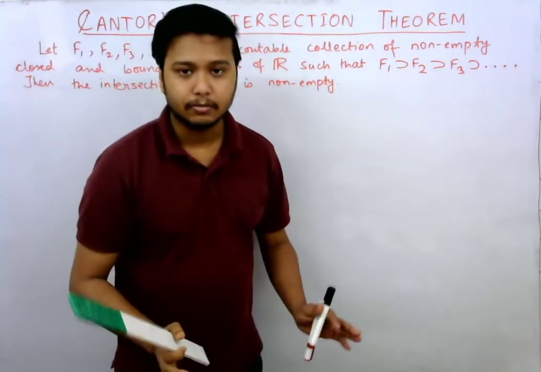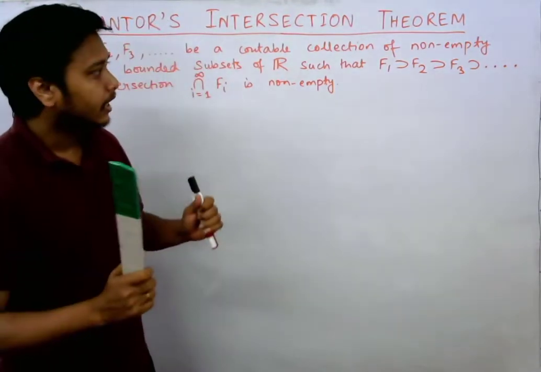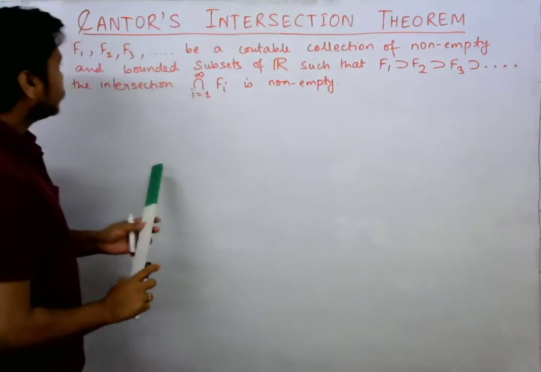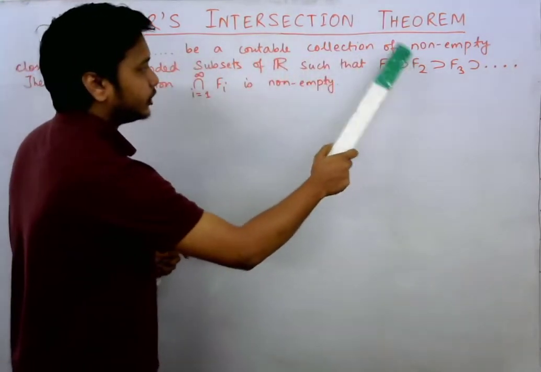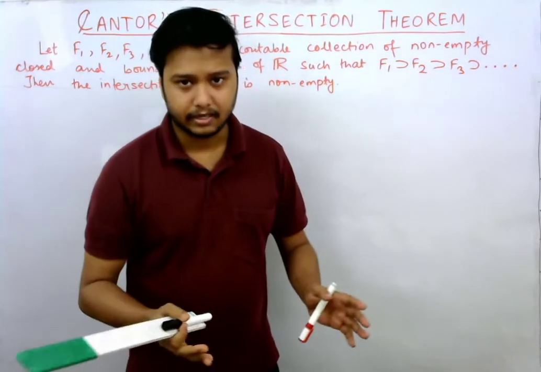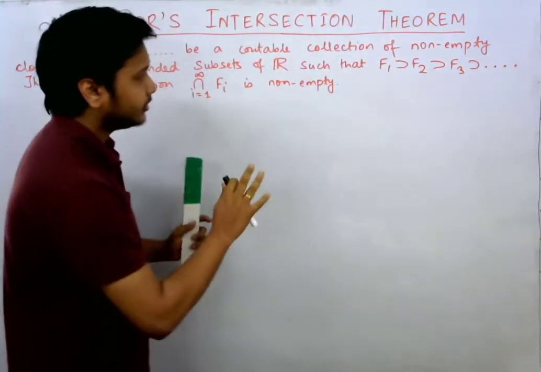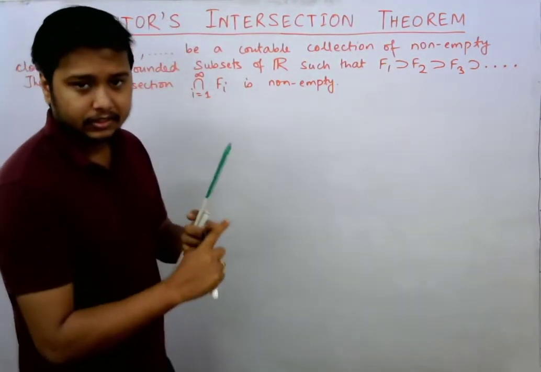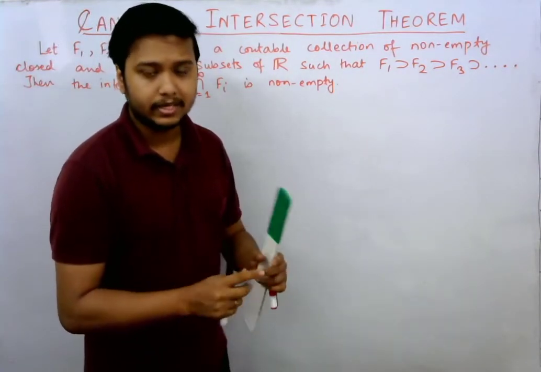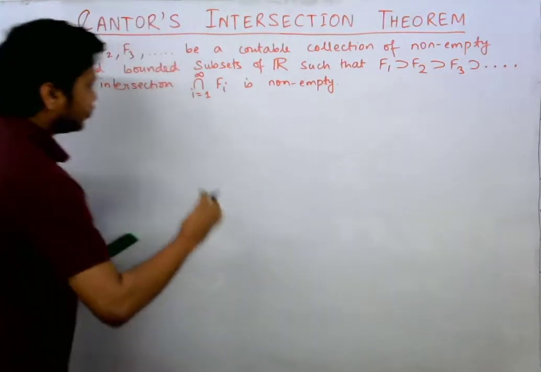So this is the statement of Cantor's intersection theorem, and let's take a look into the proof of this theorem. It said that these are a countable collection. That means it can be a finite collection, it can be an infinite collection. So let us break this up into two steps. The first step we'll consider to be a finite collection, and the second one we'll consider to be an infinite collection. So case 1,